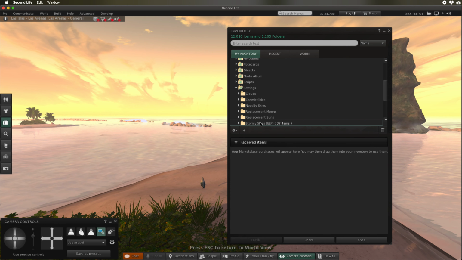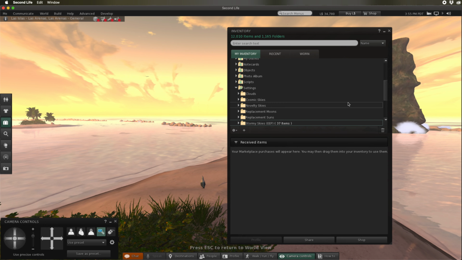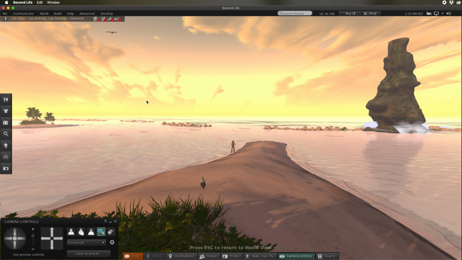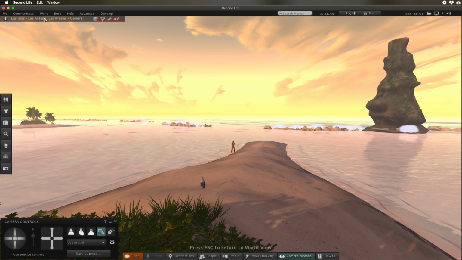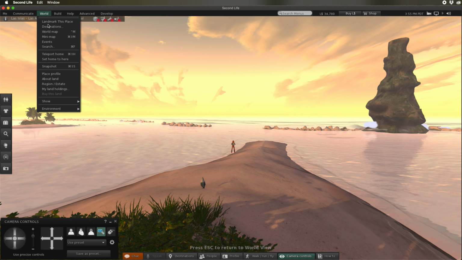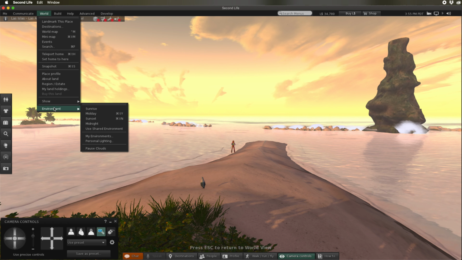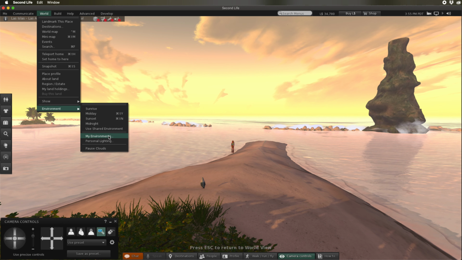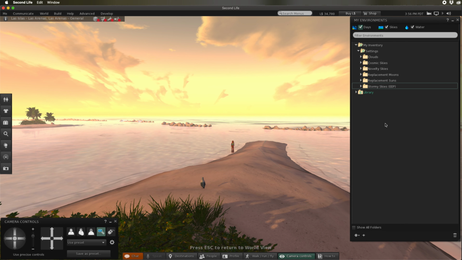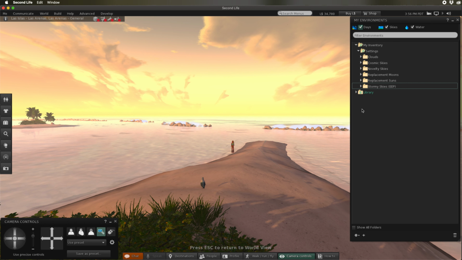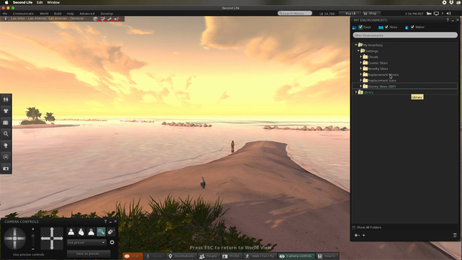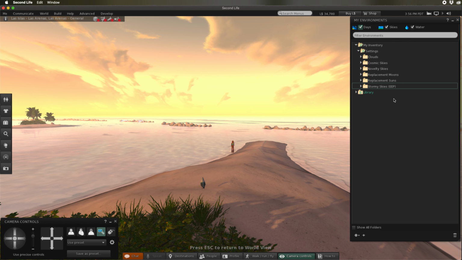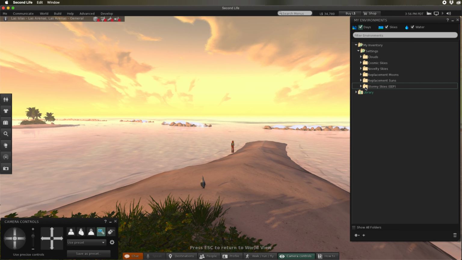To use the skies, there are various ways you can do it. I'll show you the simplest way and the way you'll probably use the most. If you go to the menu at the top, World menu, then you've got at the bottom of that Environment, and then you've got a button called My Environment. So you click on that. It pops up a sawn-off version of inventory that only contains environment-related files. Okay, so the one we just downloaded was Stormy Skies EEP,